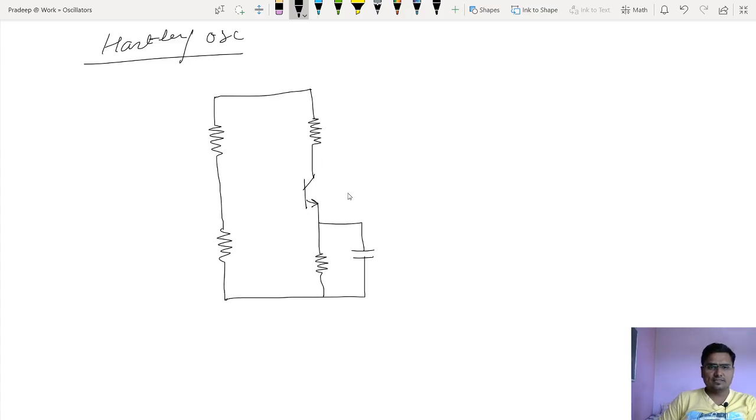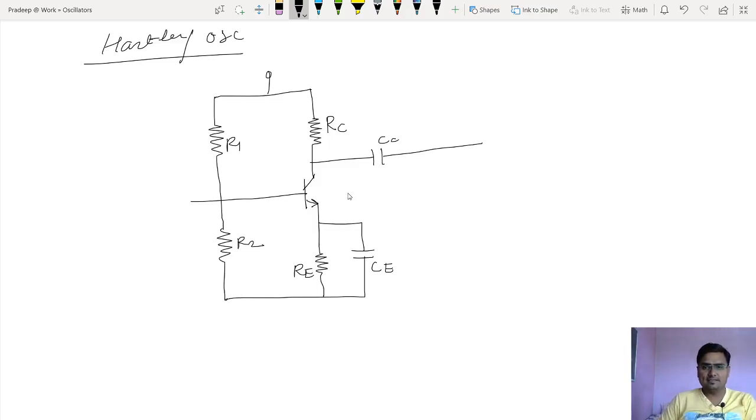Somewhere I need to connect it to the base. Here I am connecting the collector resistor. This is R1, this is R2, this is RE and CE. Look at this, the single stage RC coupled amplifier is ready now, with the biasing circuits. Now here at the collector, where I am taking the output, I am calling it a coupling capacitor, then at the collector I will connect the tank circuit.